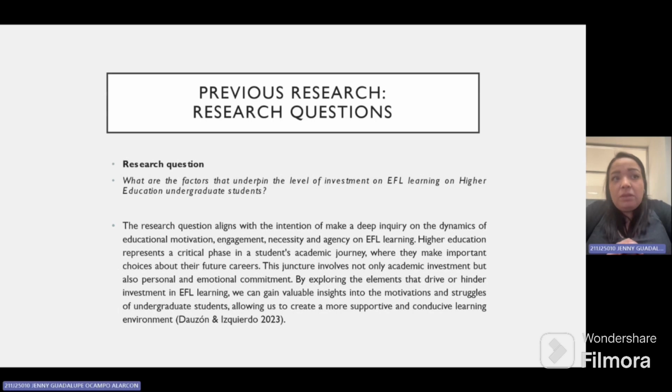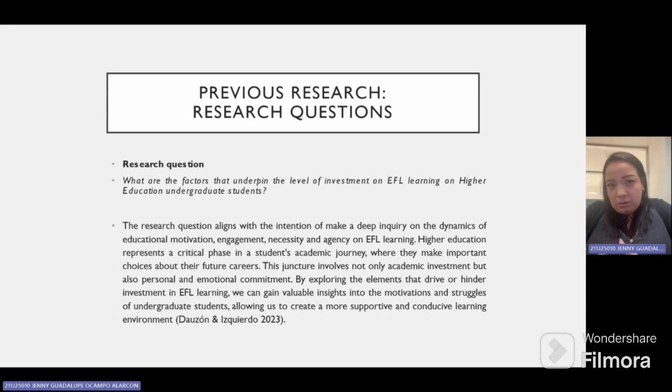And the research question is: what are the factors that underpin the level of investment in EFL learning in higher education of undergraduate students? This research question has the intention of making a deep study of the dynamics of the four dependent variables that I mentioned, which are motivation, engagement, agency, and necessity in EFL learning. Why? Because, as I said before, it can help educational actors to take decisions about how to motivate the students more,